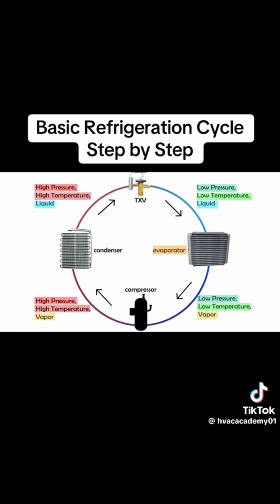That vapor now returns to the compressor, and the whole refrigeration cycle begins again. It's a closed loop, and it keeps repeating as long as the system is operating. This simple yet brilliant process is what makes your AC or refrigerator work, moving heat from one place to another. Keep in mind, the condenser and evaporator are both phase-changing components, meaning they involve the refrigerant